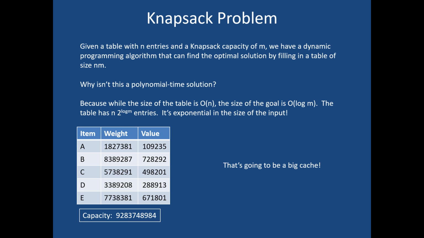He said mod 10,000. Suppose we just divided everything by 1,000. So instead of saying this thing is 1827381, let's just say it's 1827. And let's say this is 8389. And let's say this is, we just throw away 3 digits there. Just round everything to divide and round, solve, and then